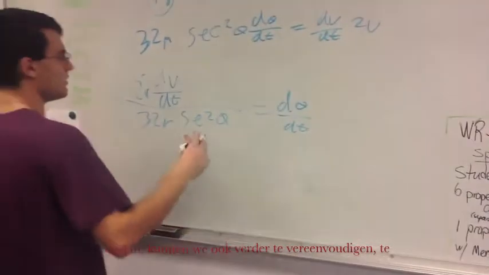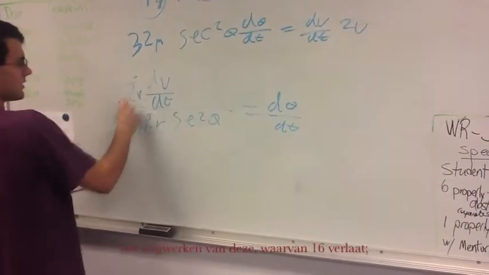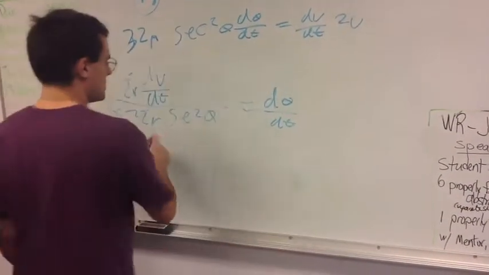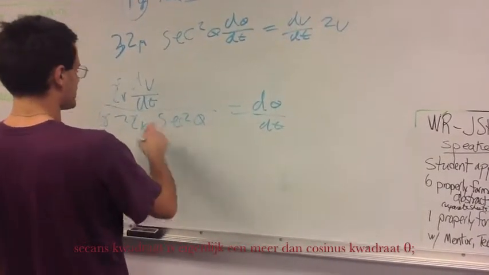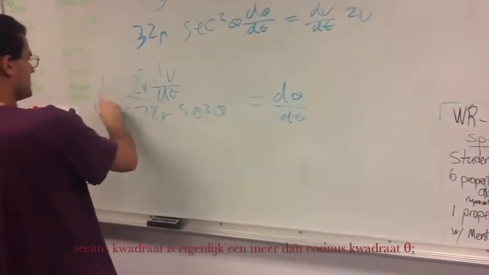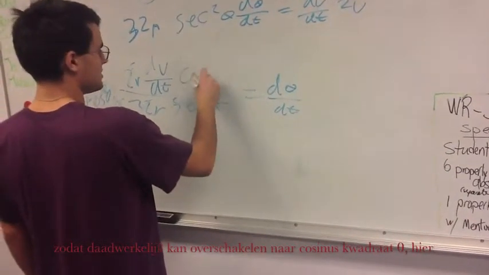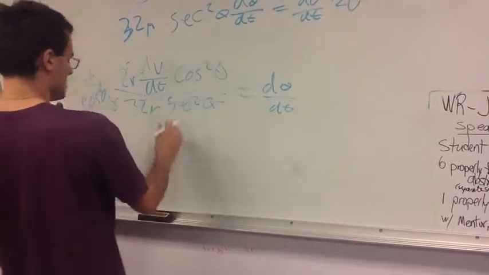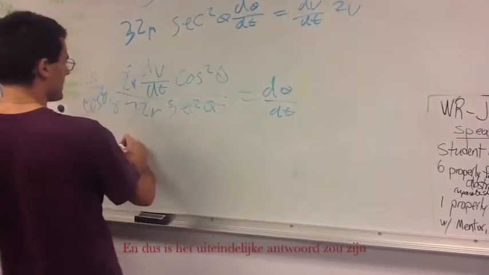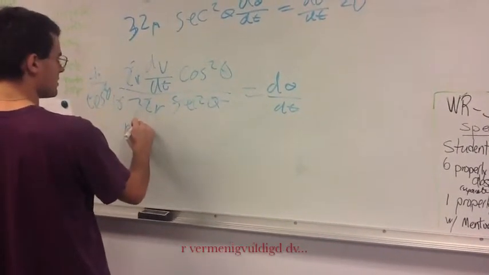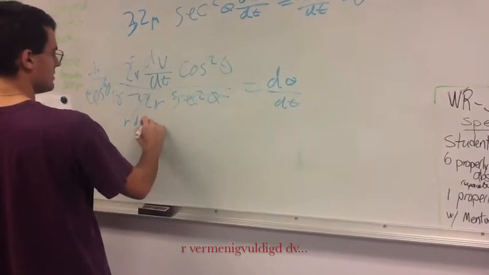Now then, we can also simplify it further, getting rid of this, which will be 16. Secant squared is actually 1 over cosine squared theta, so that could switch over to cosine squared theta up here. Getting rid of that, the final answer would be r dv